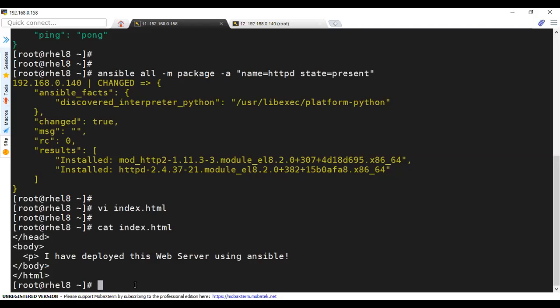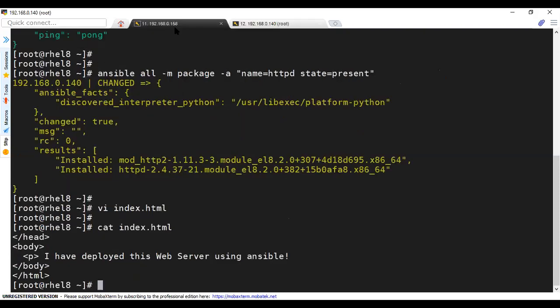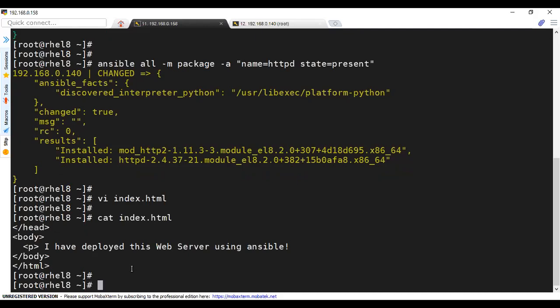Now this code I want to be transferred to my remote server, which is here. At present, if I go inside my server, to /var/www/html, I can see there is no configuration file. So now if I want to transfer this, I'm going to use ansible all -m, then the module is copy, and inputs to the module.